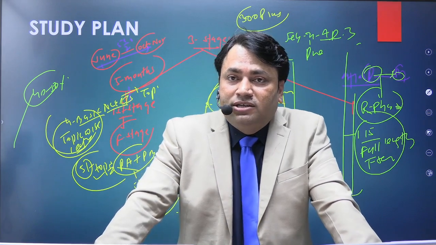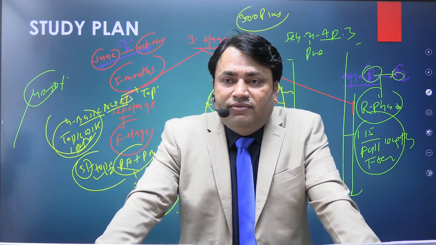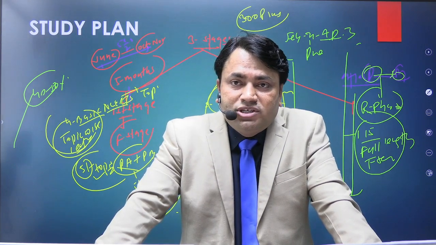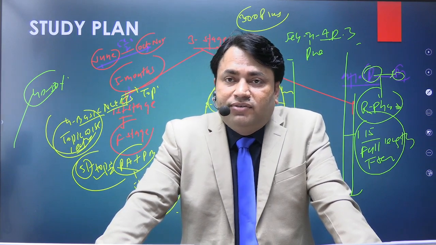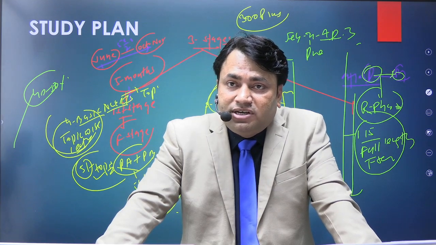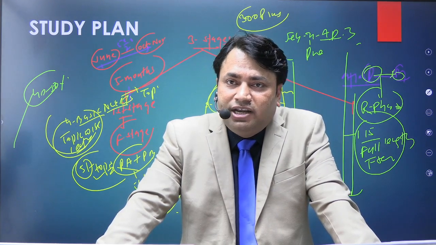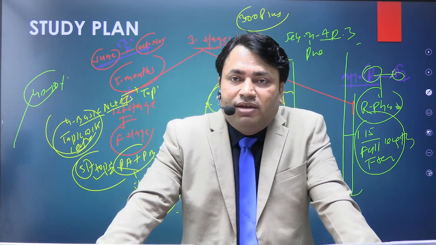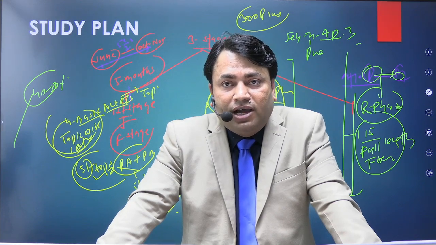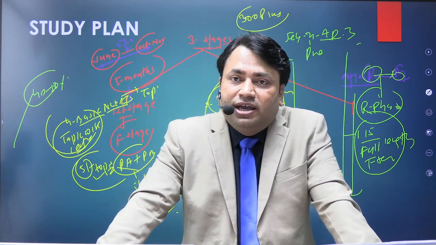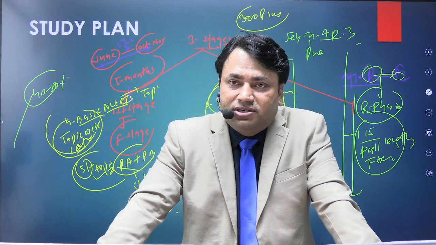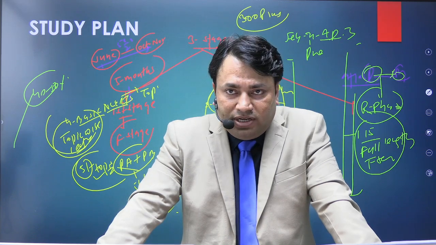So I think that in today's session, I have addressed this question, why we should choose history as an optional subject. I have given the reference of Alauddin Khilji. I have not discussed the achievements and personality of Alauddin Khilji in totality, but very soon I will release a video on my YouTube channel where I will discuss Alauddin Khilji as a ruler. Okay, and that will be a complete discussion about the personality of Alauddin Khilji.